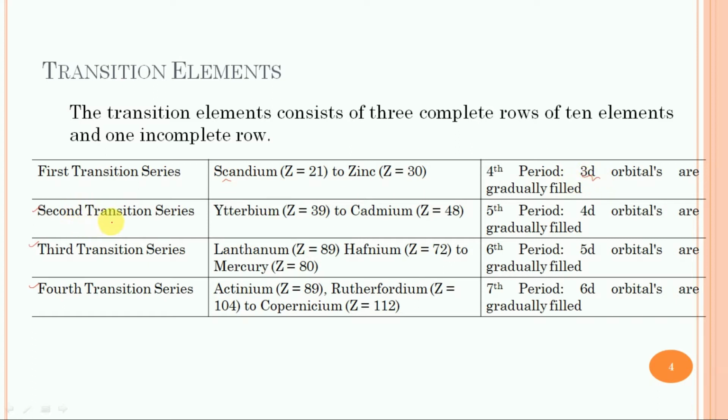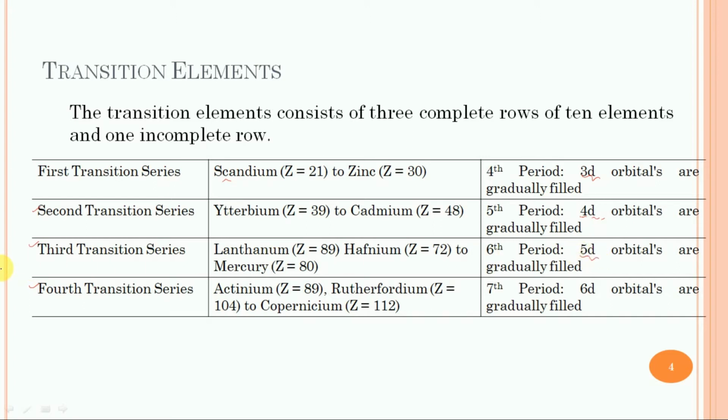The second transition series starts from yttrium and goes up to cadmium, and it involves the filling of 4d orbitals. The third transition series starts from lanthanum and goes up to mercury. It involves the filling of 5d orbitals,